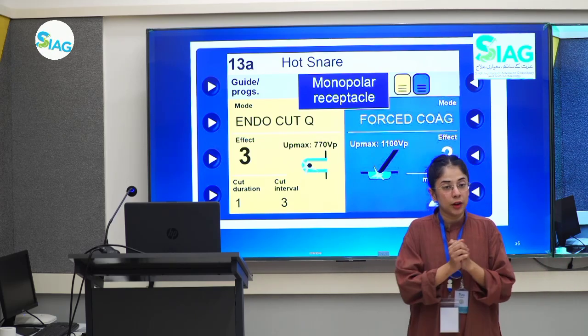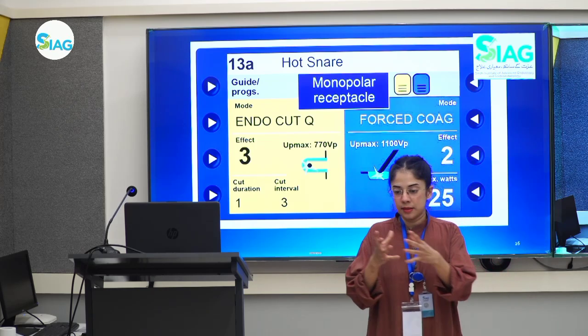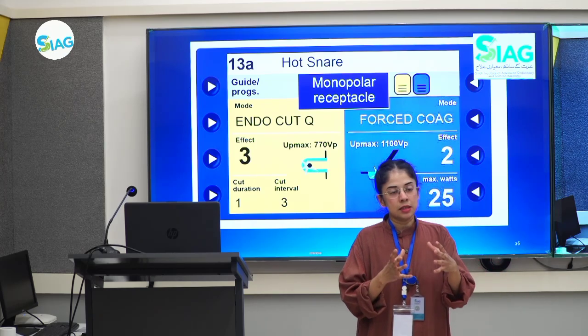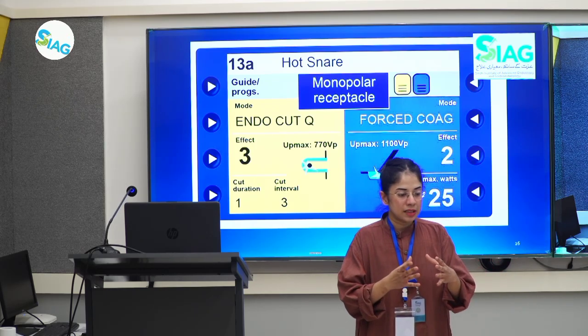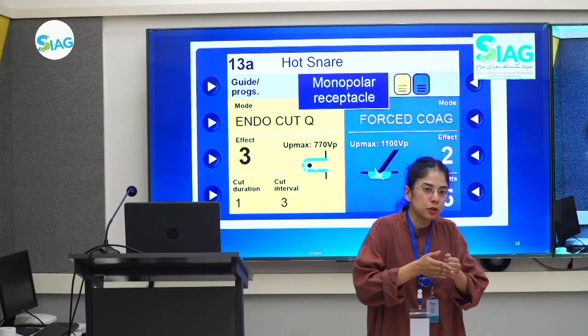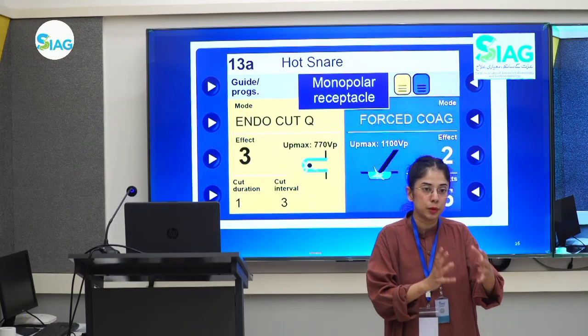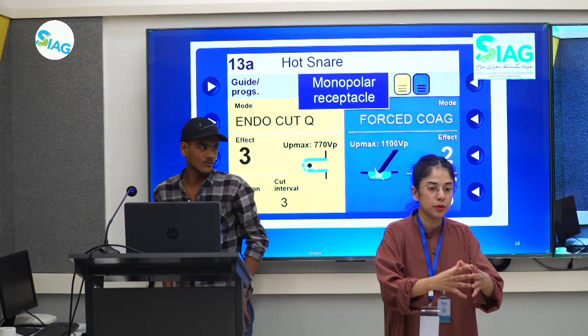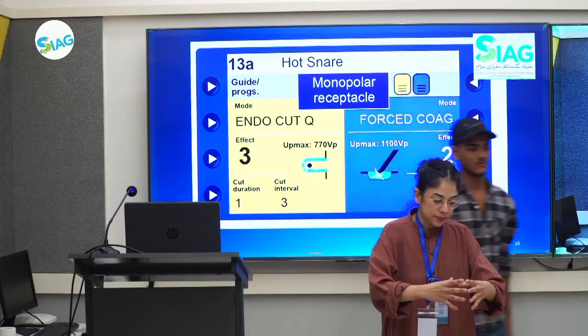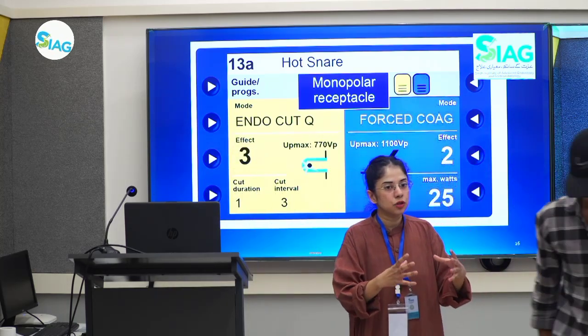But if I go for very high coag settings, what I'm doing is exactly what Dr. Austin said. At 60 to 100 degrees temperature, it doesn't cut through a very narrow line of tissue with precision. That's not its job. Its job is to cause major damage. That major damage is cooking the stalk of the polyp.